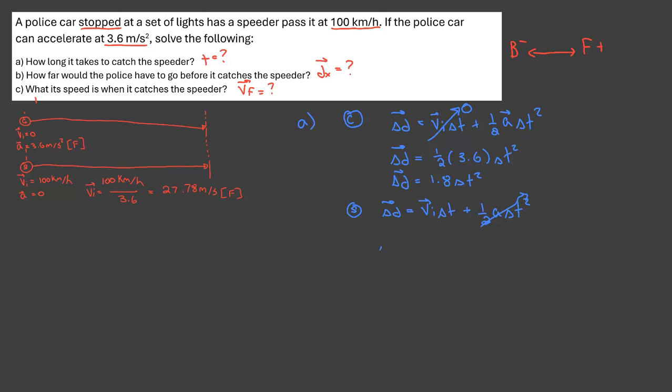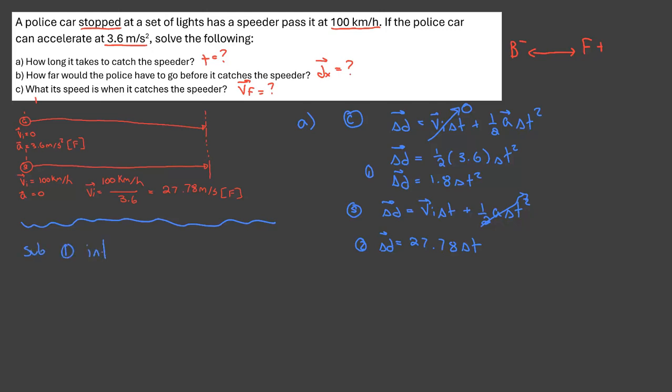So I'll just be left with delta D equals my initial velocity, which is positive 27.78, times our time. Okay? Now I've got two equations, and I've got two unknowns. So what I can do here is solve these two systems of equations, and I can do that by using substitution. I can just sub in this 1.8 delta T squared into here, right? So if I classify this as equation 1 and equation 2,